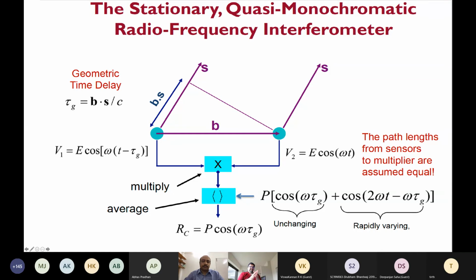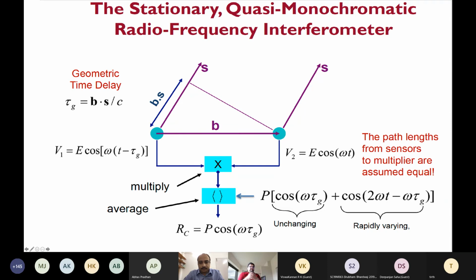So if both of the antennas are looking at the same plane wave and you are sampling the same wavefront coherently, then there will be a time lag between the signals. The signal reaches antenna number 2 ahead of time than antenna number 1, if this is the direction. And so that is basically geometry based.